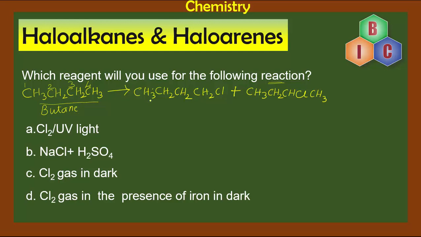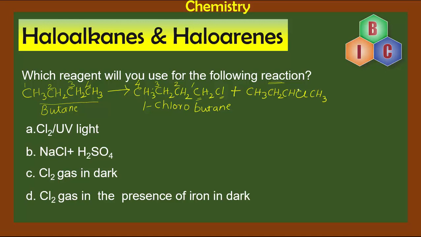This is giving us CH3 CH2 CH2 CH2 Cl. So this will be our first carbon, second carbon, third carbon, fourth carbon. This will be first because the halogen is attached here, and it is going to be 1-chloro, or simply you can also write it as chlorobutane because it contains 4 carbon atoms and it is saturated. Let's also have a look at this one.